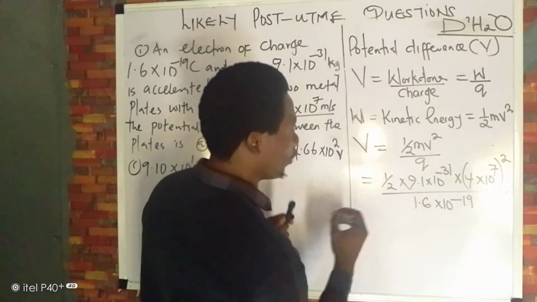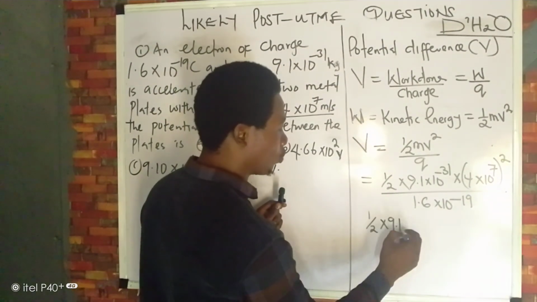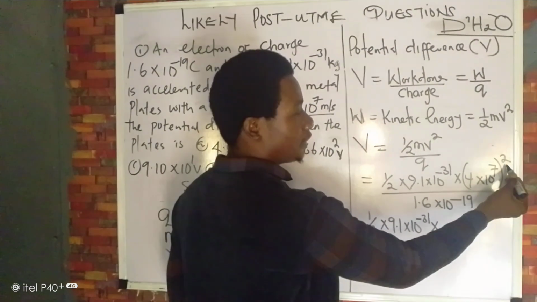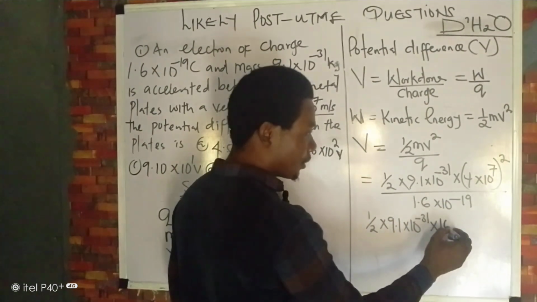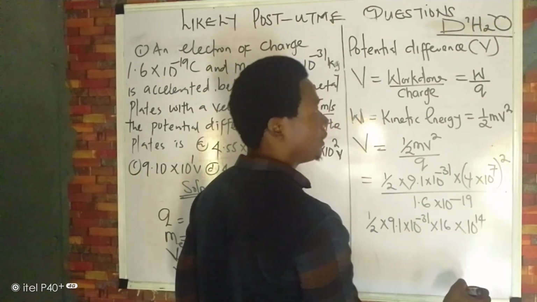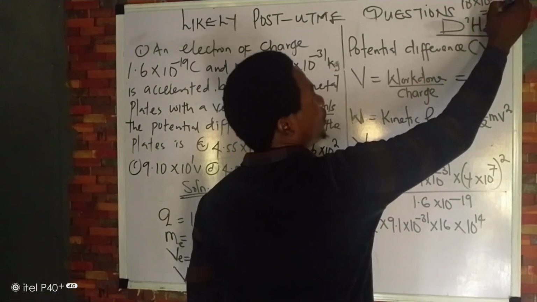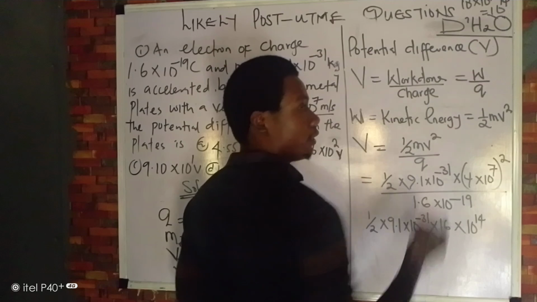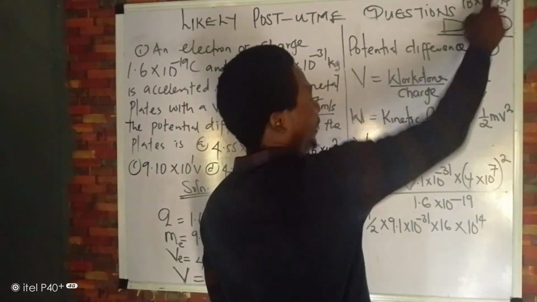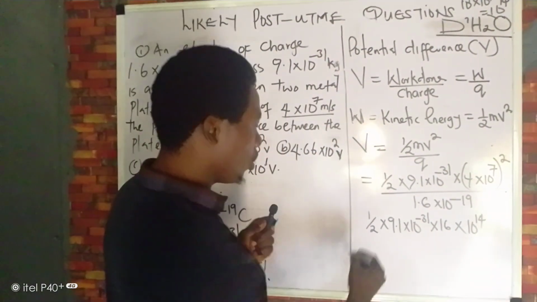Good. So we have, first of all, 1.2 times 9.1 times 10 raised to the power of minus 31 times, remember that this is squared. If you square 4, you have 16. Then if you square 10 raised to the power of 7, you have 10 raised to the power of 14. It's like having 10 raised to the power of 7 times 10 raised to the power of 7. That will give you 10 raised to the power of 7 plus 7, 14. Remember the laws of indices. You are not expected to multiply the power. You only add it. Or you simply use 2 times 7 to give us what? 14. All over